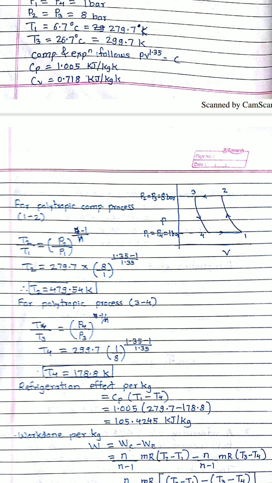Now here T2 and T4 are known, and T1 and T3 are given. So you can directly calculate the COP by the previous method. COP is equal to T1 minus T4 divided by T2 minus T3 minus T1 minus T4. Or we can take this problem.